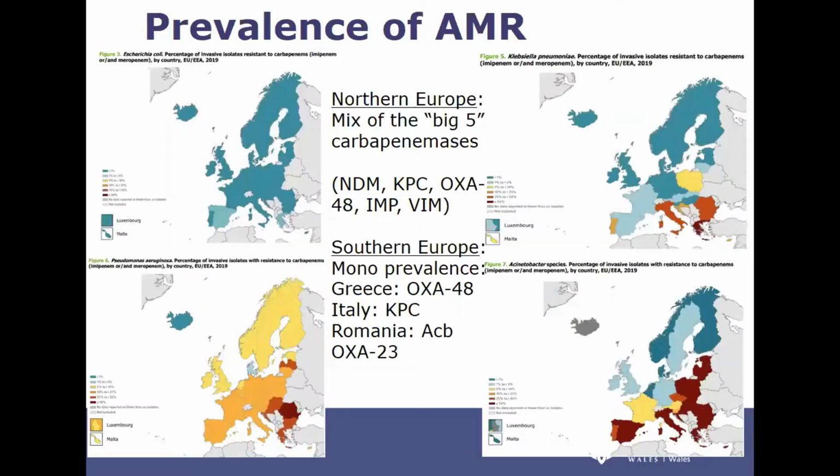Why do we need antibiotics? Well, I'm sure you've seen these before. The prevalence of carbapenem-resistant bacteria is still on the rise. And here we see the heat maps from the EARS-Net surveillance data. The bluer or the cooler the color, the lower the resistance rate, and the redder or hotter, the higher the resistance rate. And here we show E. coli carbapenem resistance in Europe,